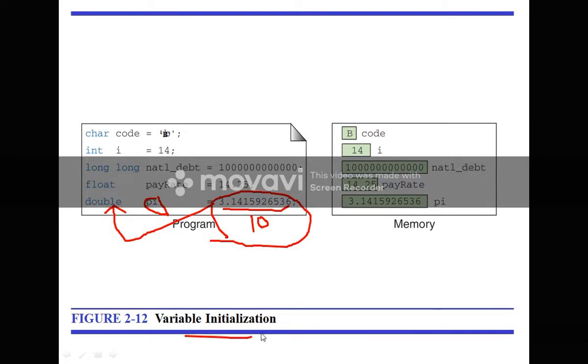Okay, so this is the variable initialization. Initialization is nothing but we are assigning some value, and variable declaration means we are not assigning any value, we are just putting the variable name and the data type. Variable name and data type, it becomes a declaration. And initialization is nothing but whenever we are assigning a value to the variable, it becomes the initialization.